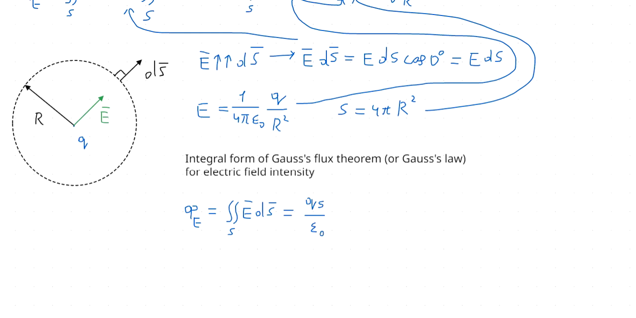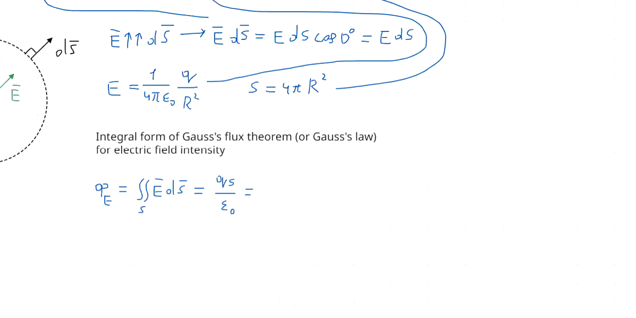And for charge that is outside of the closed surface, electric flux will be equal to 0, according to this theorem, according to this Gauss law. For charge inside, electric flux will be equal to this, and it can also be written